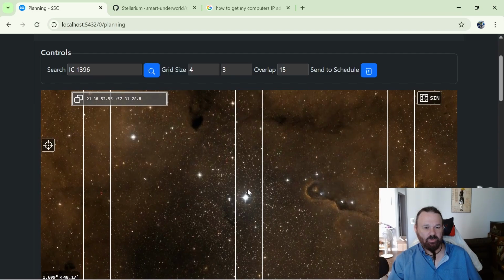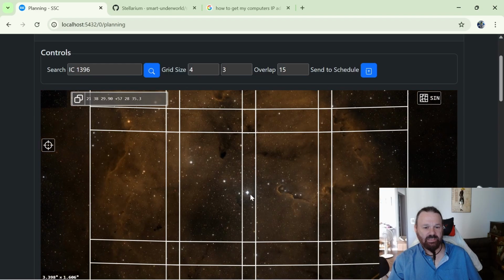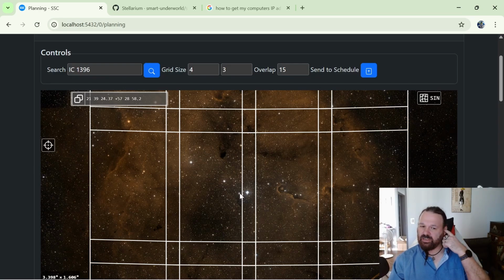So if I zoom in here, I can see there's a big bright star here and there's another star here. This star would probably serve as a better center point for me. Actually, the framing's not bad, really. But let's just say I did want to move it over some. This is a way to kind of finagle Seestar-Alp to give you a better framing on your mosaic if you can find a bright enough star that's in the catalog. So I've got this one huge bright star in the center, but I want to use this one